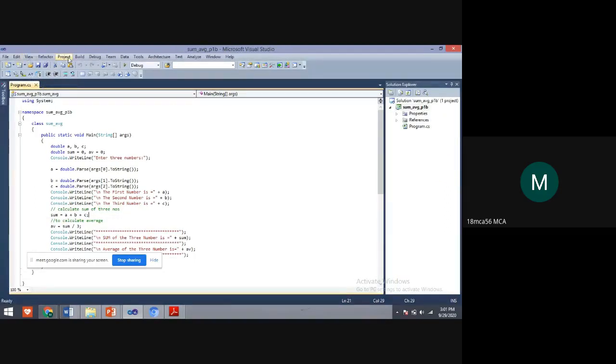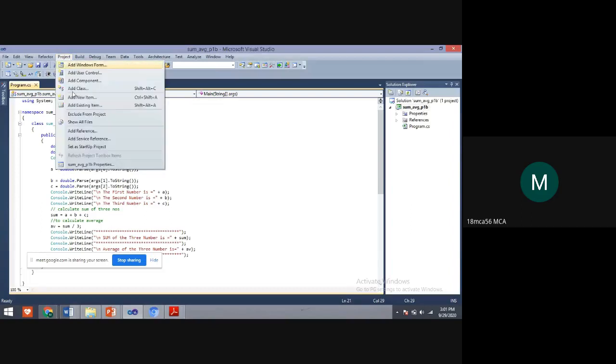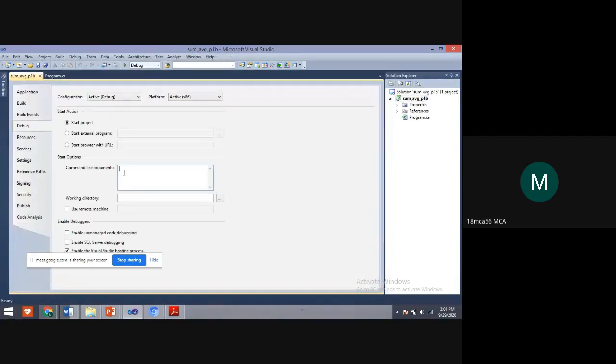Again the same procedure. Go to project, under project, click on file name properties. Now you need to enter three numbers: 6 space 5 space 9.